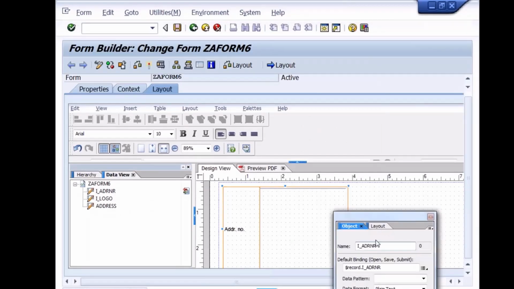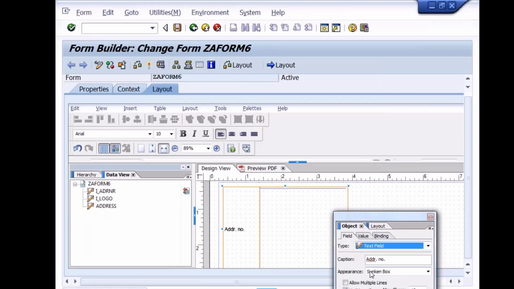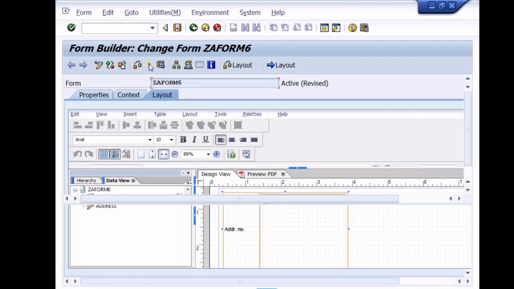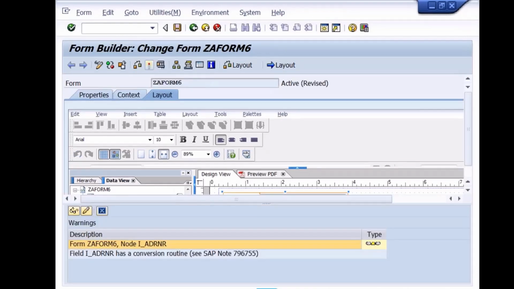Is it mapped properly? Allow multiple lines, yes. Why is it not coming? Activate this.